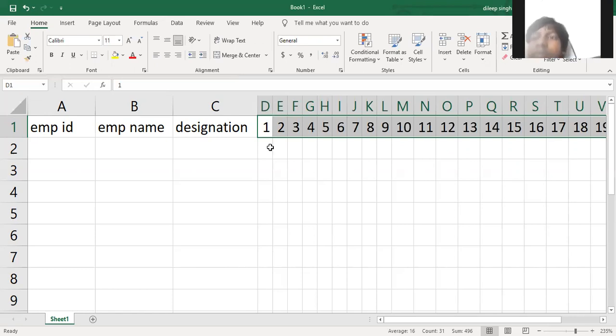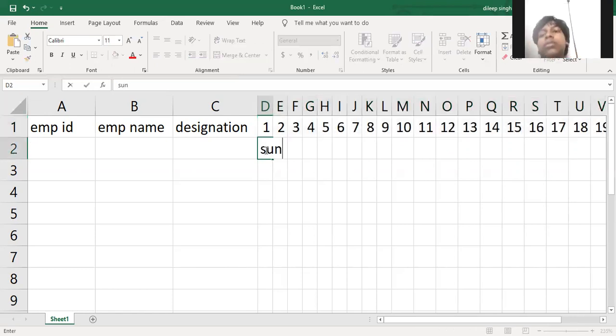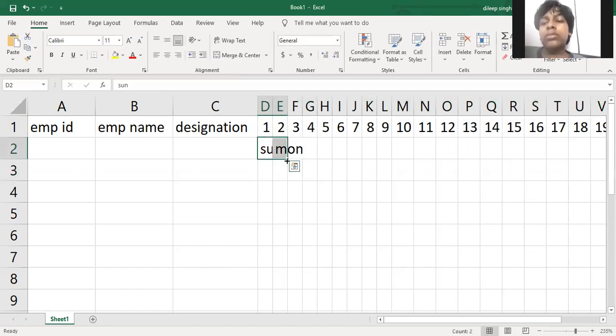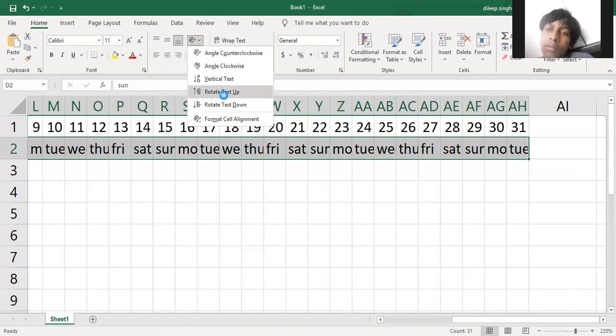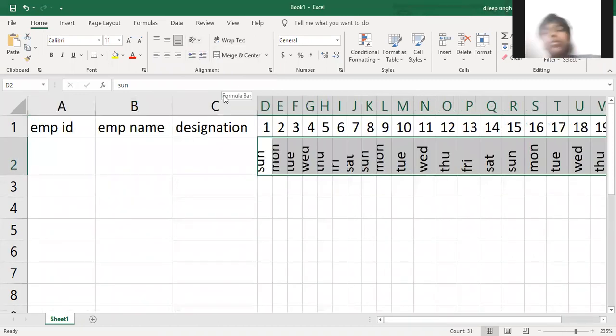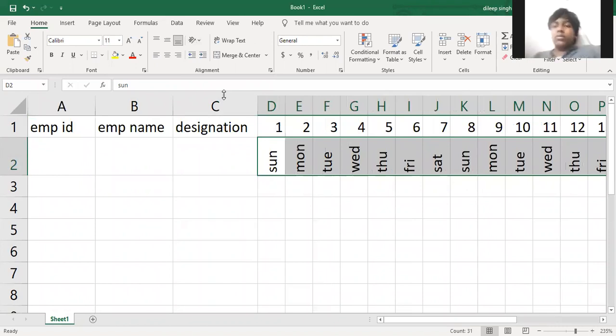Okay. So here we just type Sunday, Monday. And similarly, just select both of them and drag it as we did earlier. Just like this. And here we want to change the direction of the text. Here we have the option in our Home tab, that is orientation. When you click on orientation, we can choose like this, it becomes like this. And here we also use the same shortcut key Alt plus HOI. It will automatically fit according to our text height.